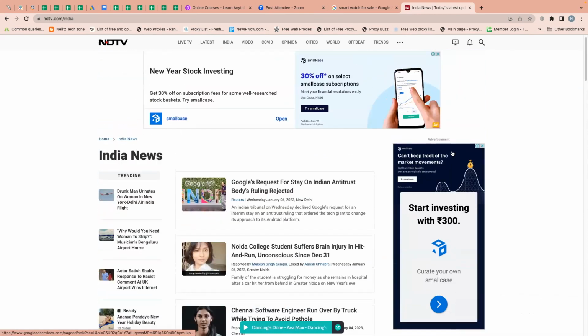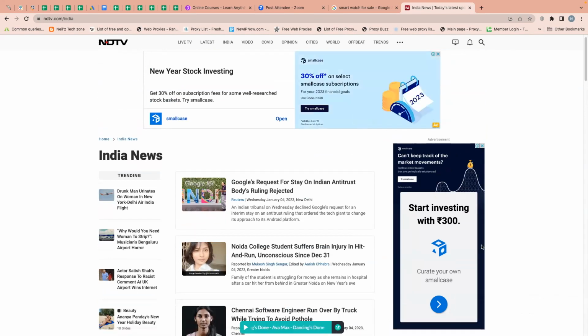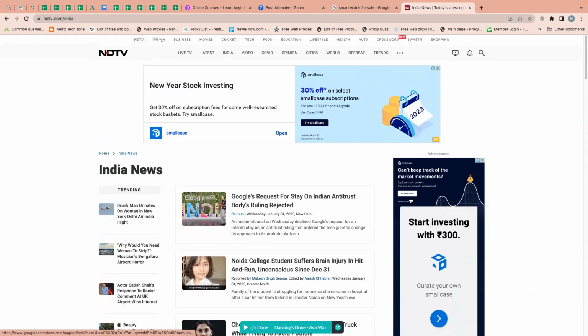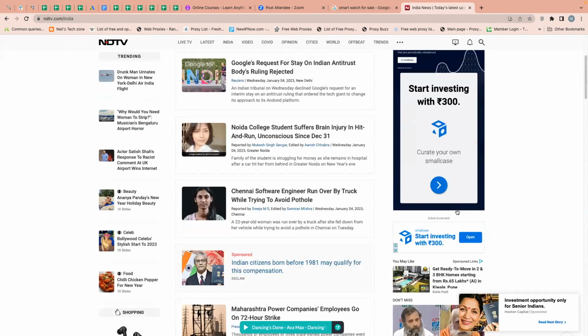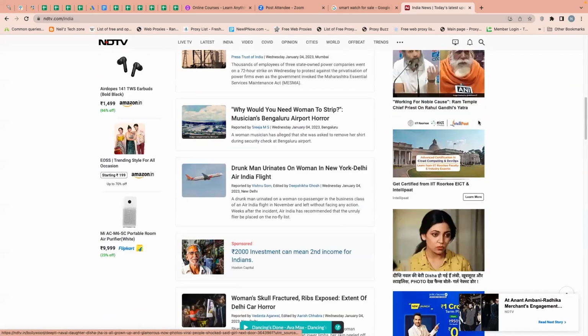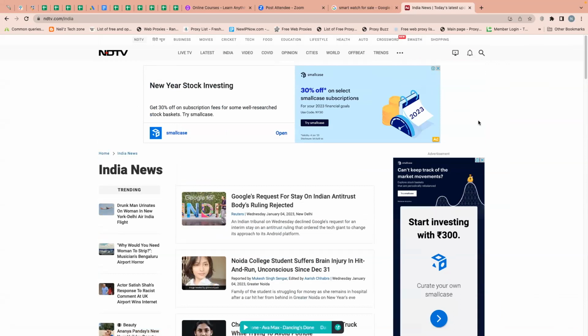So if a user comes to their website and clicks on any one of the ads, these websites, like for example NTTV, will get paid for it. You're not seeing these ads in Google search. You're seeing these ads on some third-party websites. These are called display ads, and the campaigns that are running these ads are called